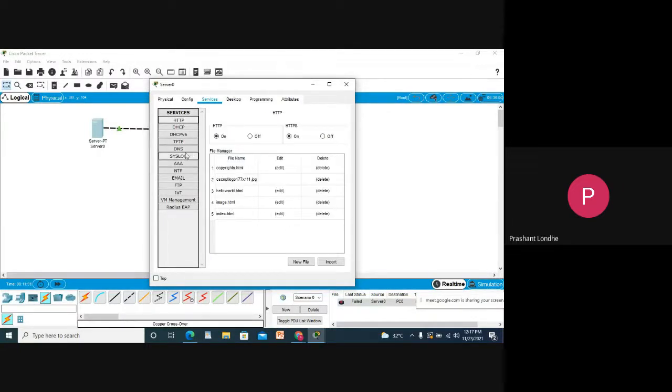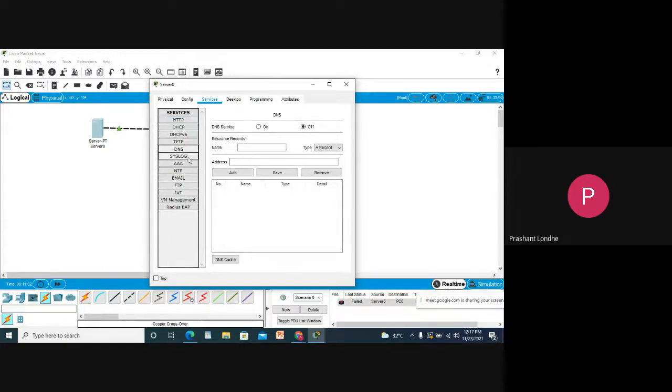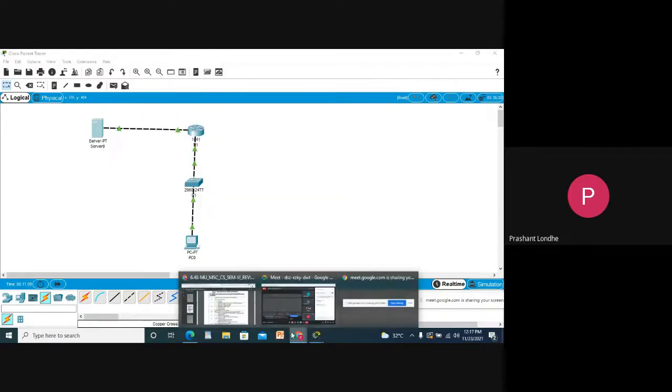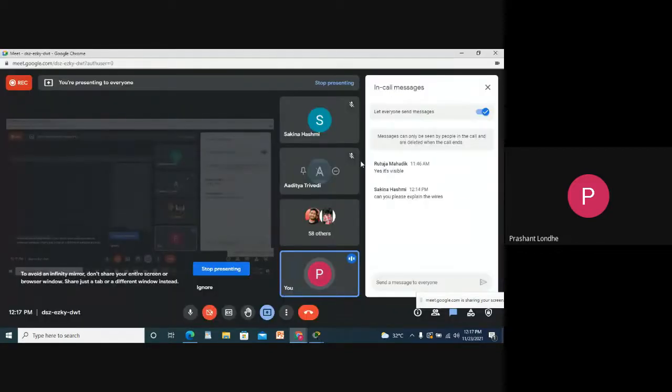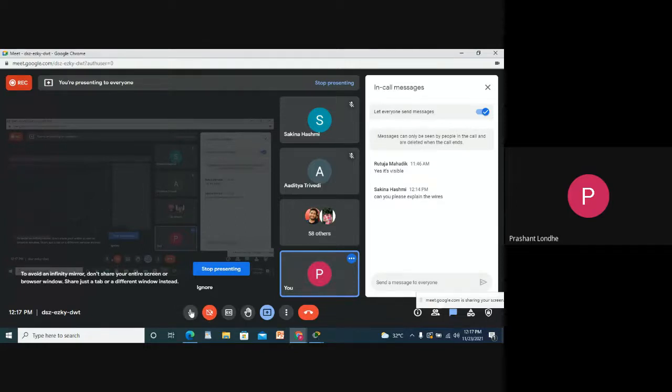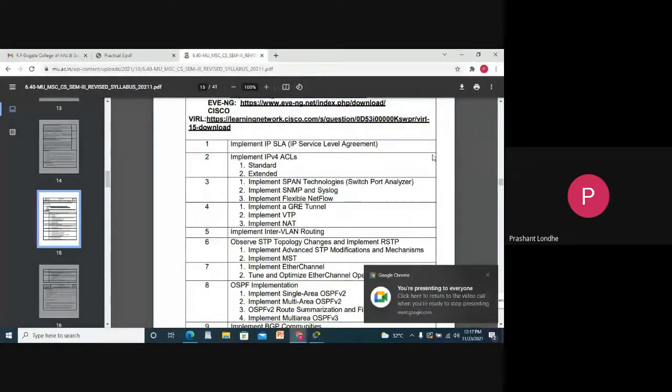Okay, it is getting reflected over HTTP, meaning all the protocols are listening, but after some time it will definitely be received in syslog also. Okay, hope your query is solved. Is there any other query? Okay, so let us move to the next topic, that is the implementation of flexible net flow.